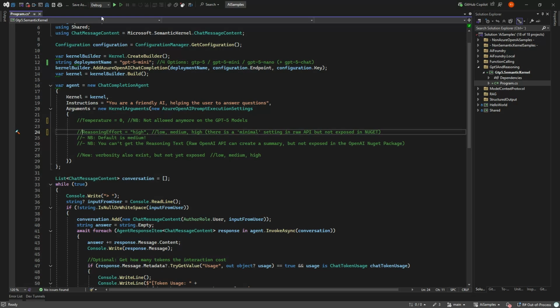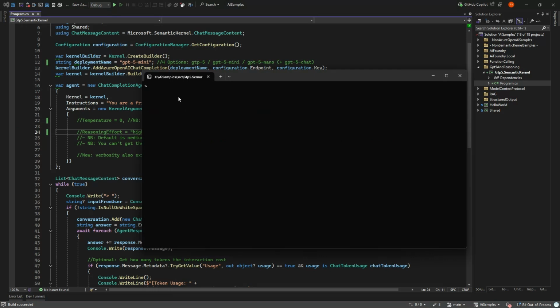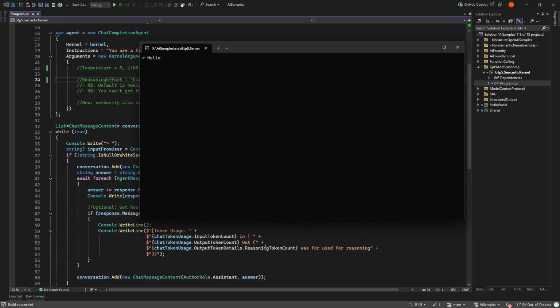But if I have it like this and run the code, if I say hello, and I have put in down here that I'm also showing the reasoning tokens, because the reasoning is always part of the output. So the input is the actual input, but if it just gives you one word back, the output tokens would be higher, and that's because some of them have been used for reasoning. Sometimes reasoning is so trivial that it doesn't use any. Normally with hello it doesn't use any, so you can see it had an output of 20 and 0 was used